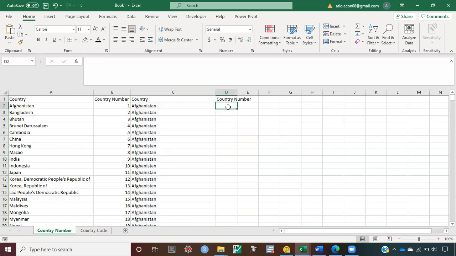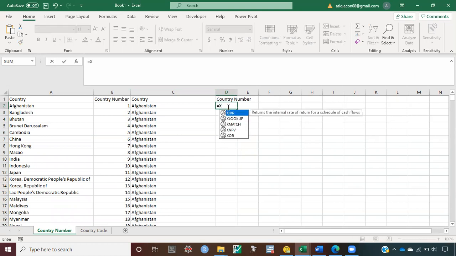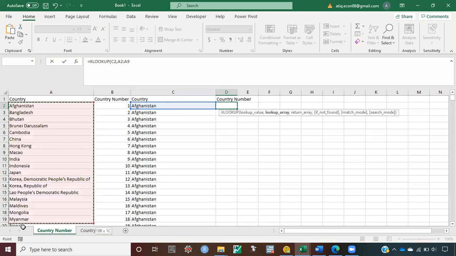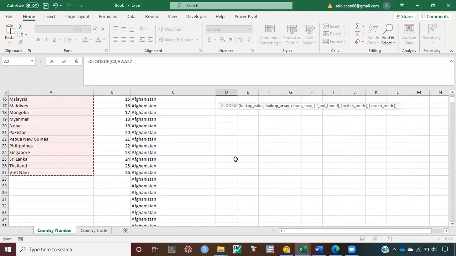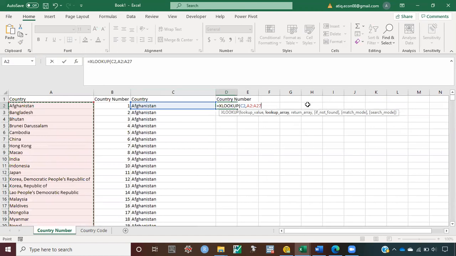So I'm going to use the XLOOKUP function again. So the same thing, put an equal sign, then write X, choose XLOOKUP from the drop down list, then the country for which we want to get the number, then put a comma, then we need to match the country. So I'm going to choose the range of cells from which the country will be matched. Then put a comma,